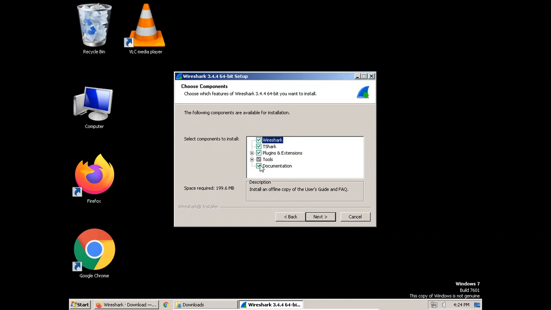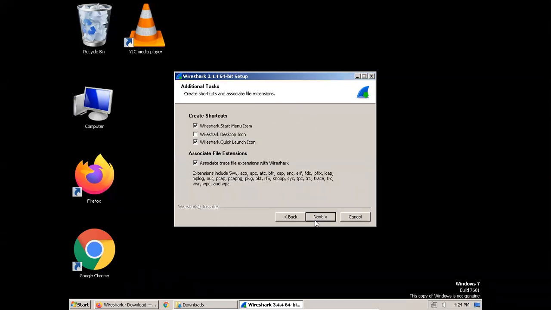If you're a new user, go with the default settings which are already defined by the software. These are the settings which were pre-selected by the tool, so we're going to use them. Do you want to create shortcuts? I'm going to uncheck it. I don't want it to be in the start menu and quick launch.